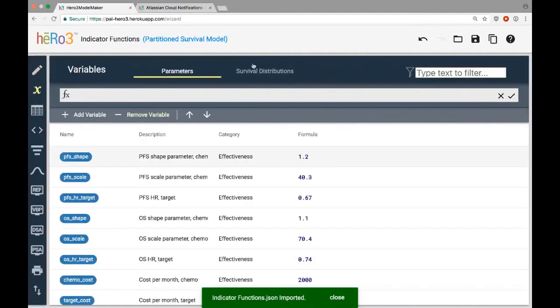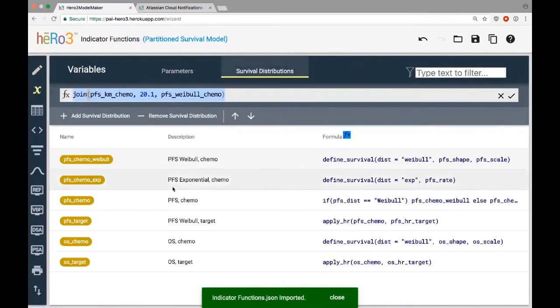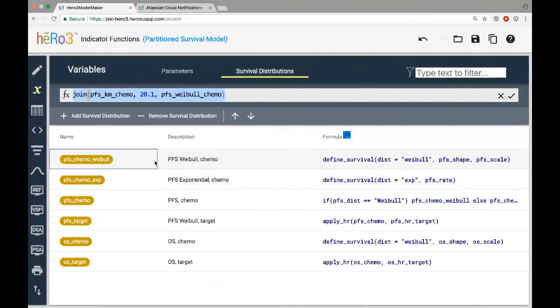Okay, so let's say we have, in the survival distributions page, defined a Weibull model and an exponential model. So here we have PFS chemo Weibull, and here we have PFS chemo exponential. And we'd like to be able to easily switch between those two while looking at the results.